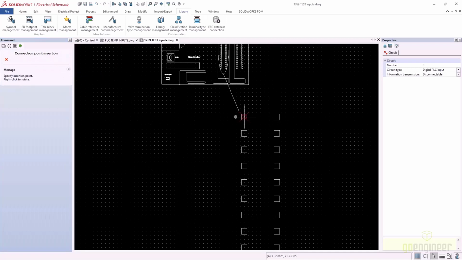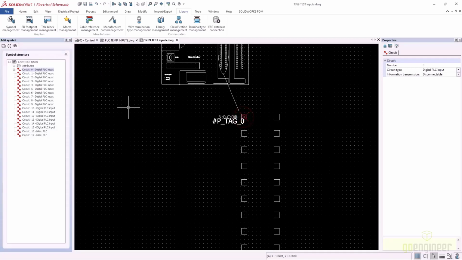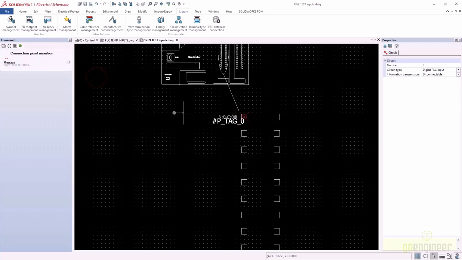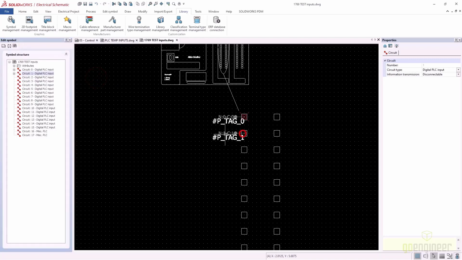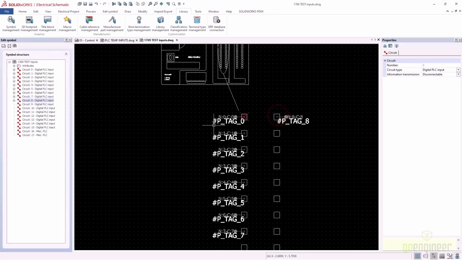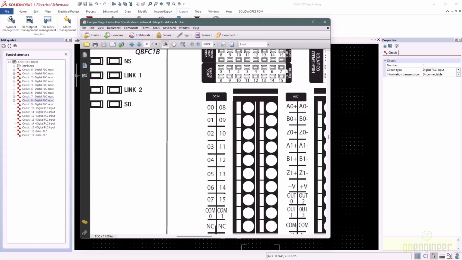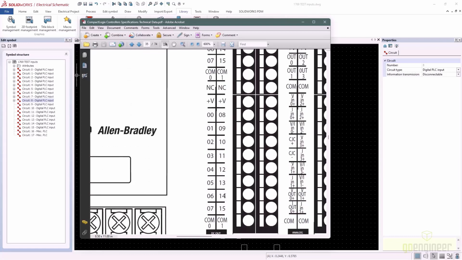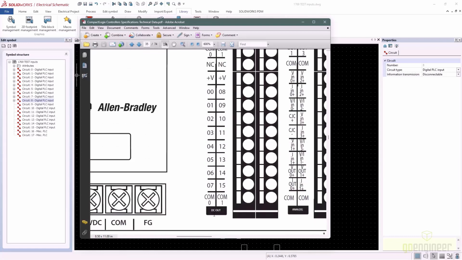So we'll go ahead and start dropping in connection points here. And I'll jump forward just a little bit. We'll drop in a couple. So again, just dropping them in the center of those rectangles because I made them right on the graphics. So here is number 8. All right, let's just verify. Yep, it went to 8, and then it went to the comms,